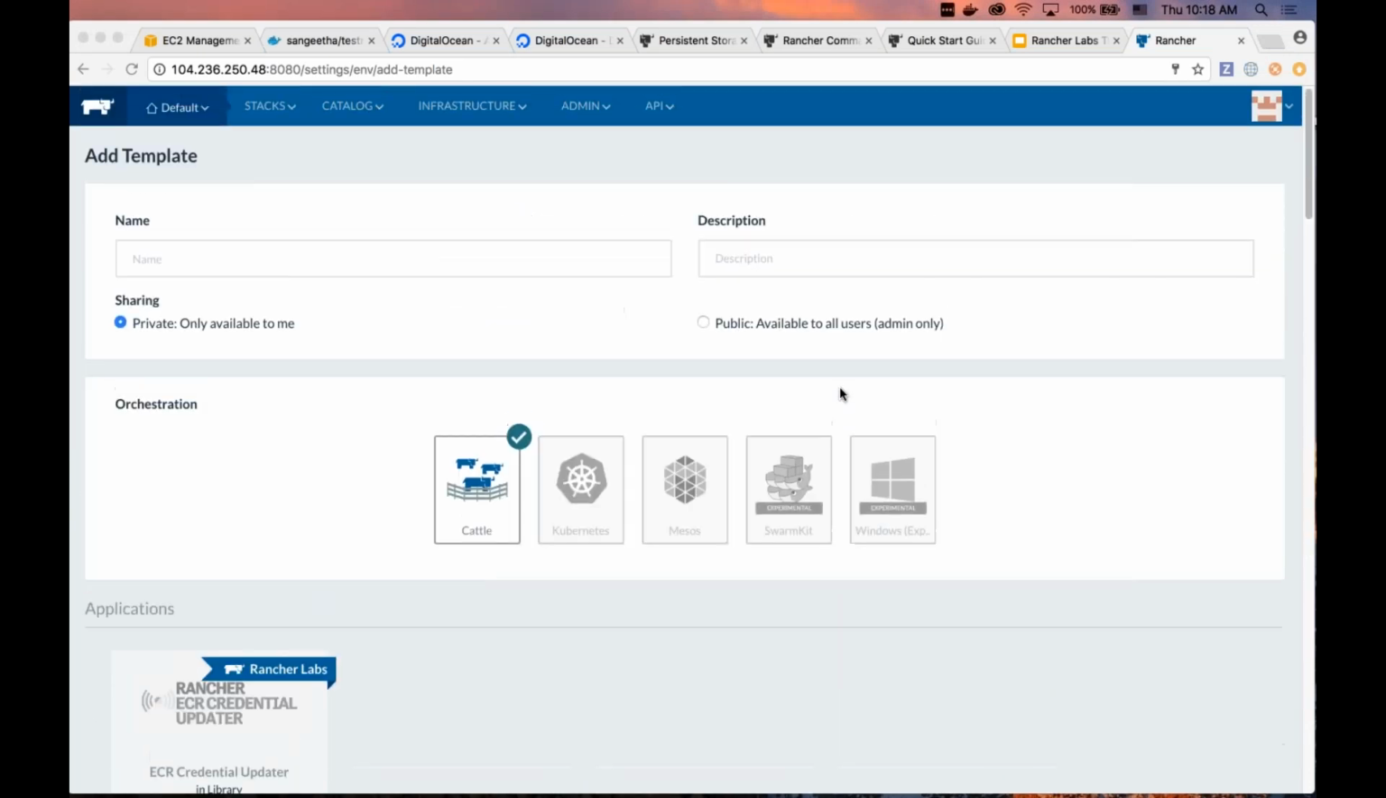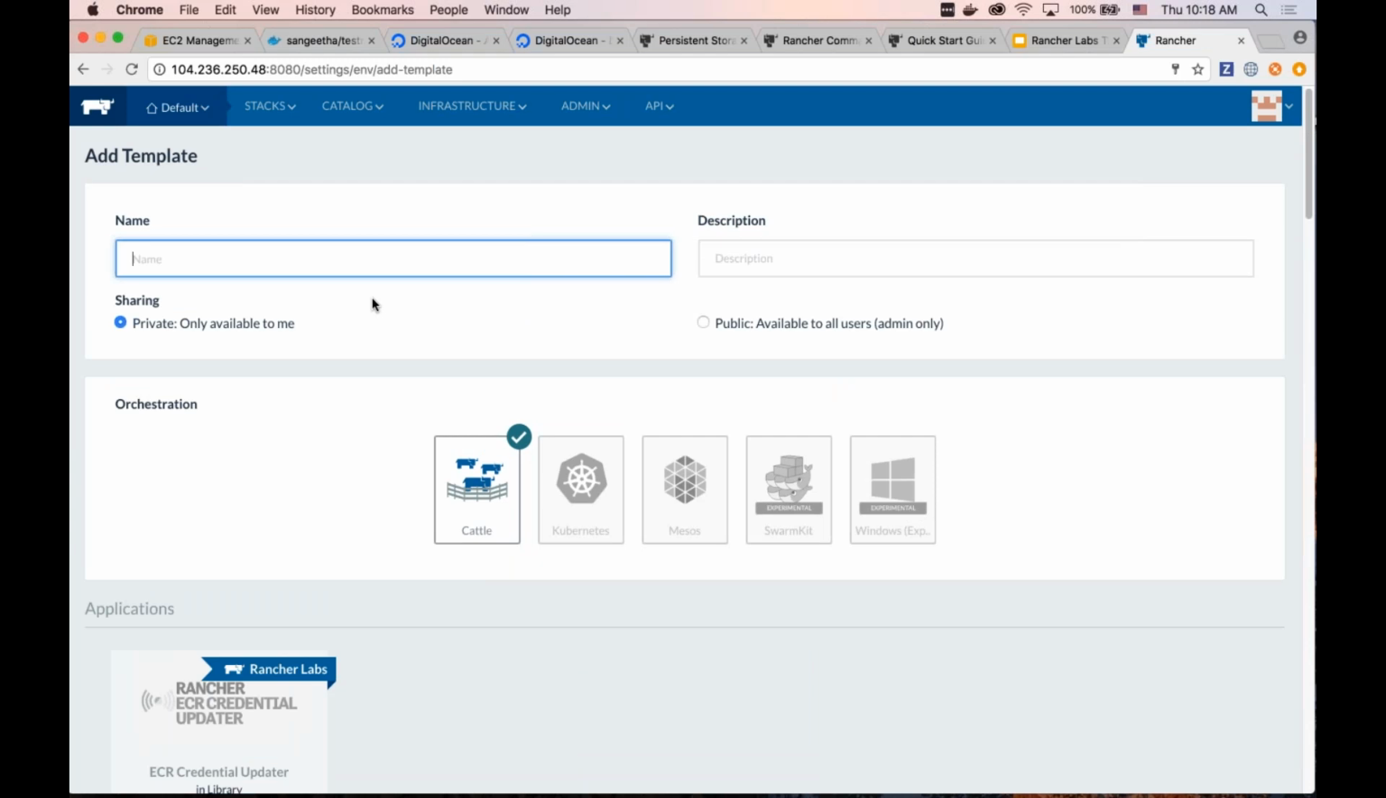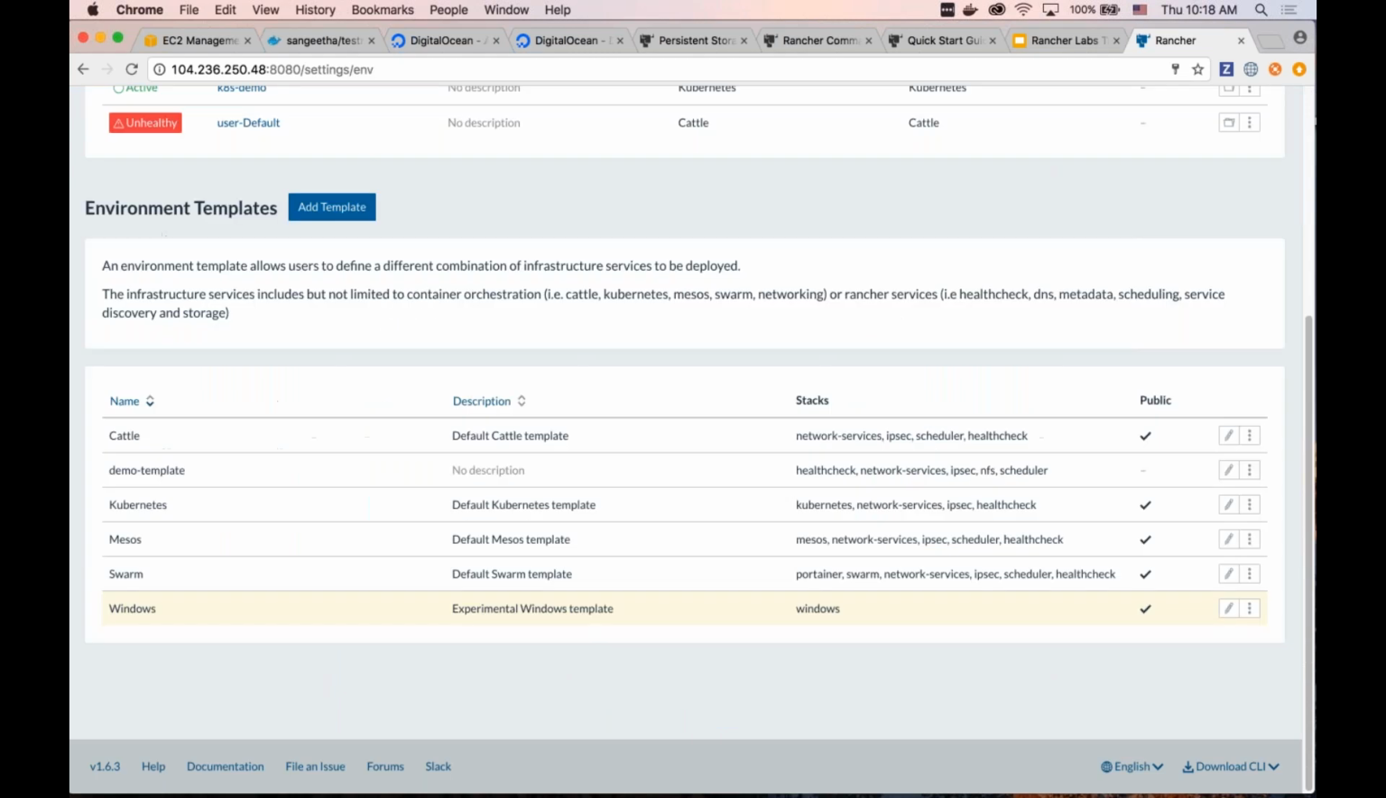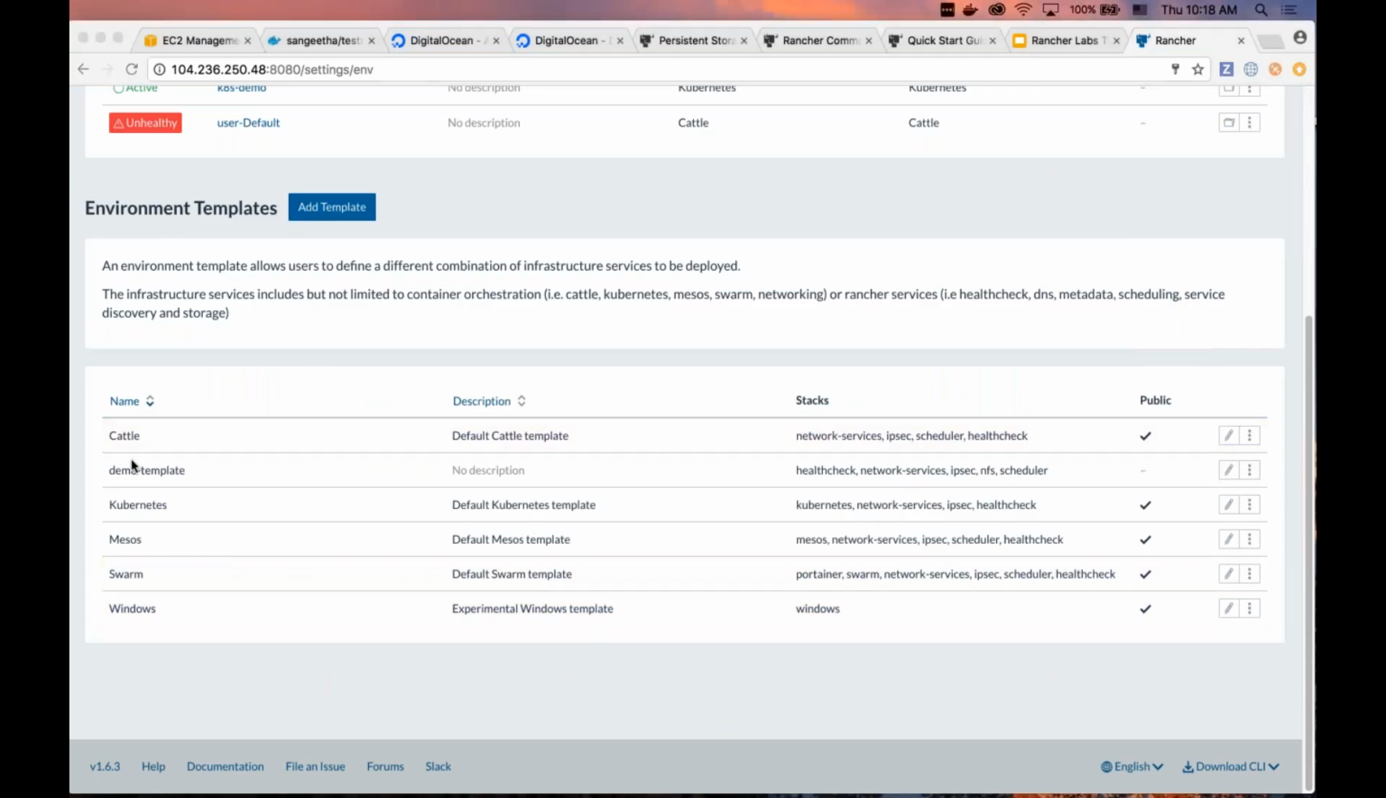So let's go ahead and create this template. So I will call this demo template. And so what we have, again, as a summary for our demo template is that we have the orchestration framework catalog enabled, and we also have the Rancher NFS infrastructure service enabled. So I'm going to go ahead and create this. So here on the bottom here for environment templates, you can see that we have the demo template as an